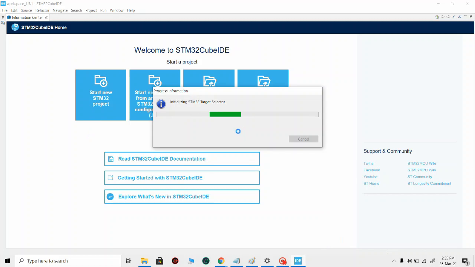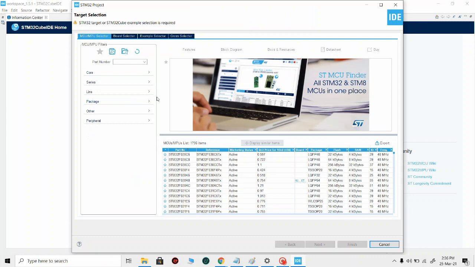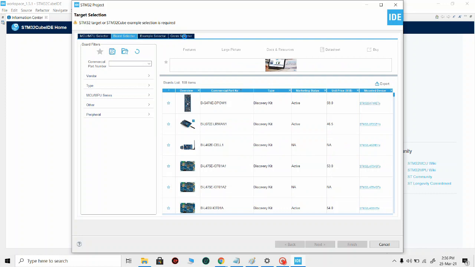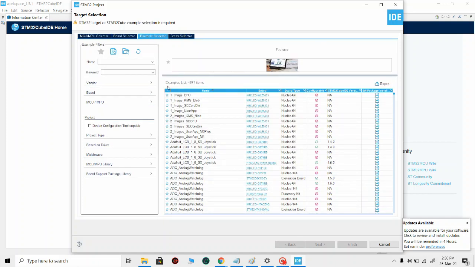It is initializing the target selector. Since our board is, you have to see the part number. There are multiple selectors: MCU/MPU selector, board selector, example selector, or cross selector. There are various dedicated kits for performing particular examples that you can also get from the site.